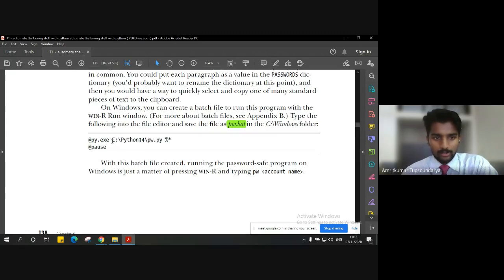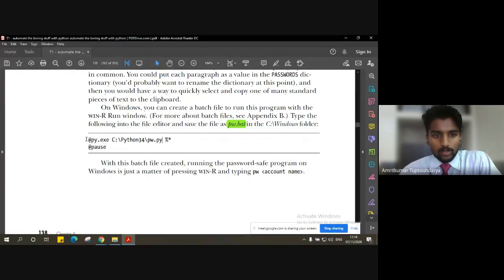Now, one important thing here is this location might be different in each and every case for you, right? So this location is basically wherever you have stored your program. For example, if you have stored your program in the C drive with the folder Python 34, and in that you have this program tw.py, then your location will be this. Otherwise, whatever your location is, you have to mention that location here. So in my case, it is different. In your case, it might be different, right?